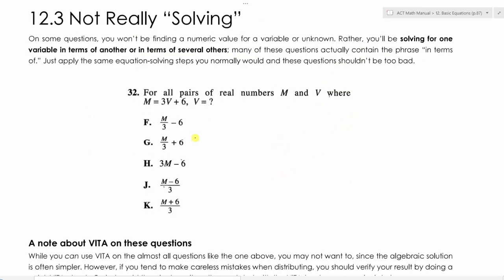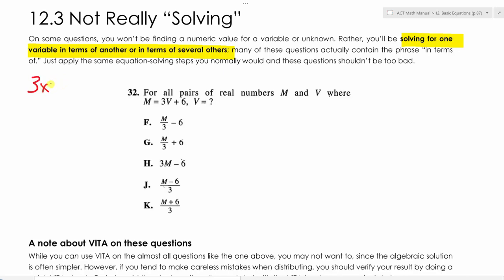Not really solving. Section 12.3, not really solving. So there are some questions where you are not looking for a numeric solution of a variable. You are simply trying to figure out what one variable is in terms of another. So I'll just do something really